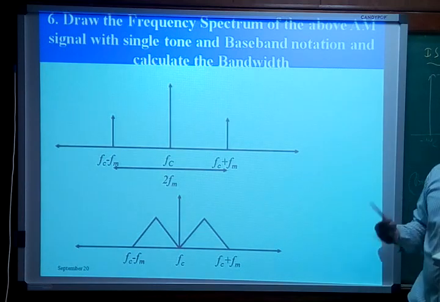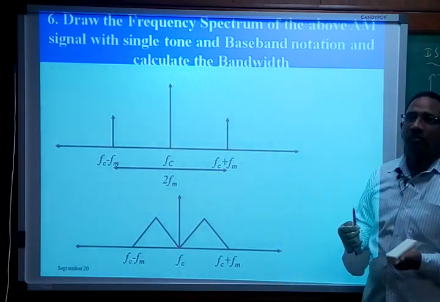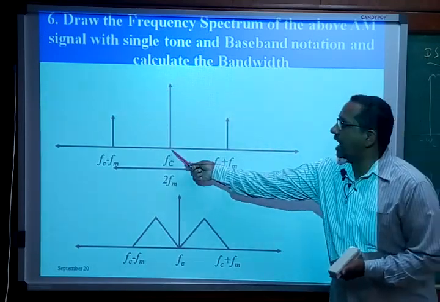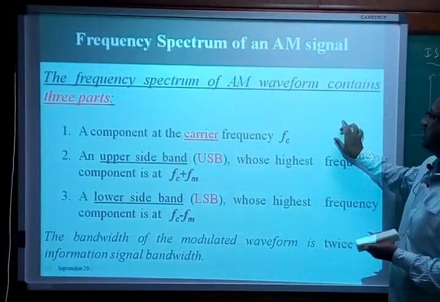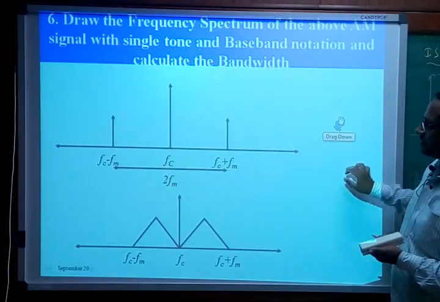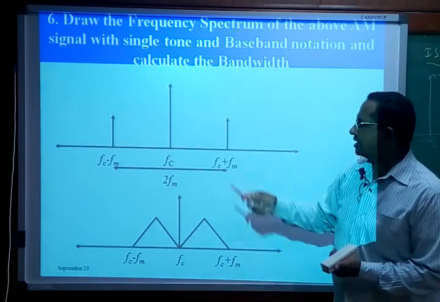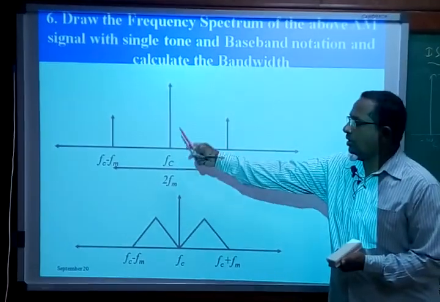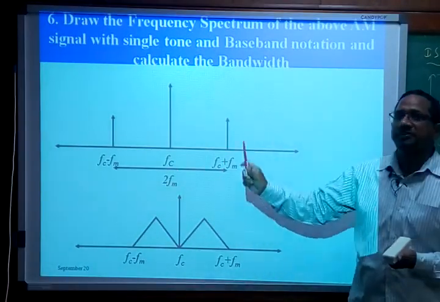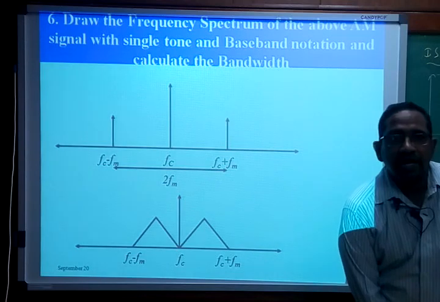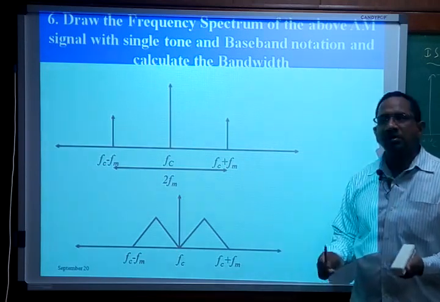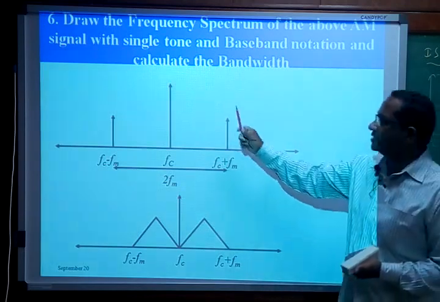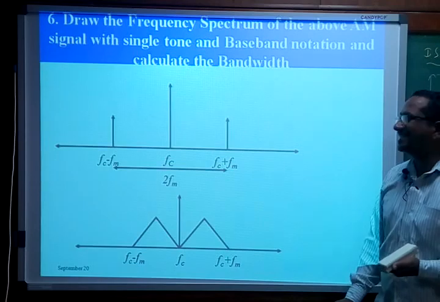And once we find the Fourier transform of the modulated signal, what have we got? We got a carrier frequency component and two sideband frequency components. So this spectrum has been drawn only as a one-sided spectrum, it is not a two-sided spectrum. For analysis we either consider the left side spectrum or the right side spectrum. We always go with the right-sided spectrum. So this has been drawn by considering only a single-sided spectrum.